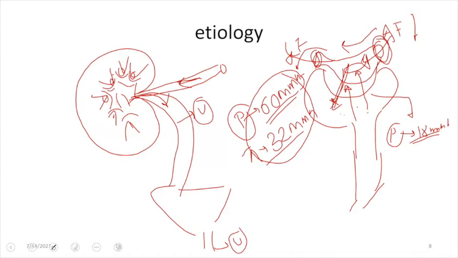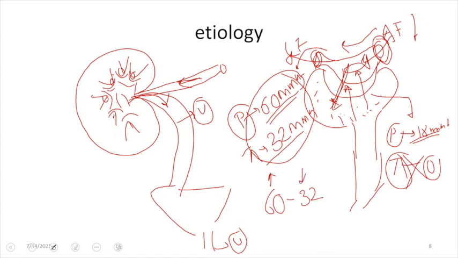And the next point: in this glomerulus practically no protein is being filtered. As no protein is filtered into the glomerulus, there are no proteins in the Bowman space, and because there is no protein in the Bowman space, the oncotic pressure in the Bowman space will be practically zero. So because of this, 60 mm of mercury will help to filter out the blood, whereas it is being opposed by 32 millimeters of mercury, which is the oncotic pressure, and that will try to retain the blood. And there is also 18 millimeters of mercury, which will also try to retain the blood in the capillaries.